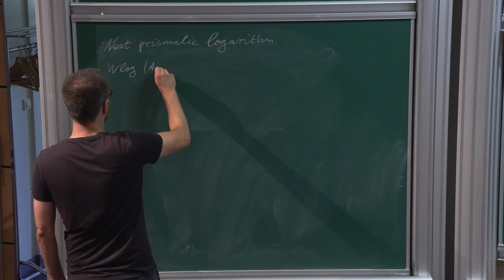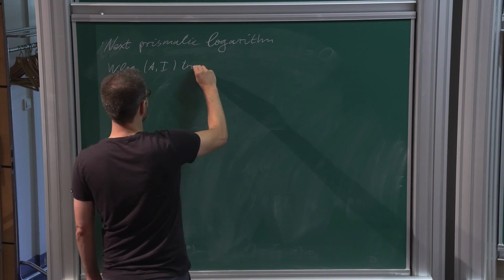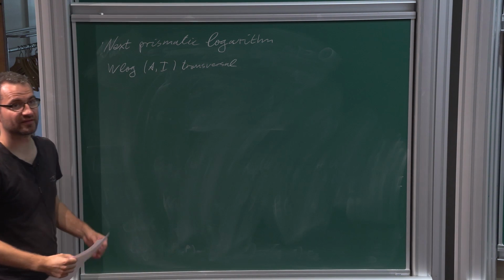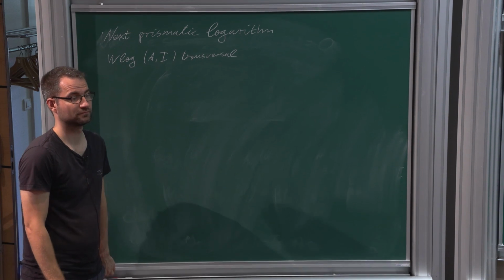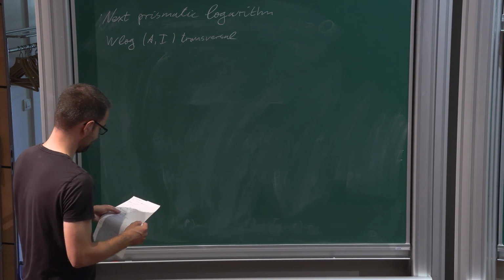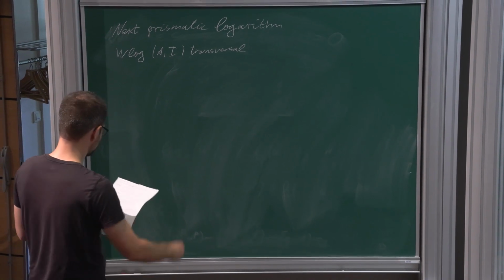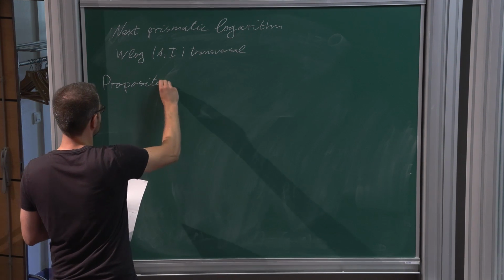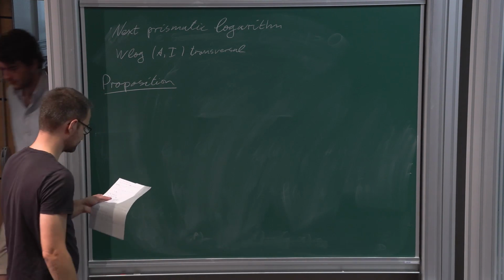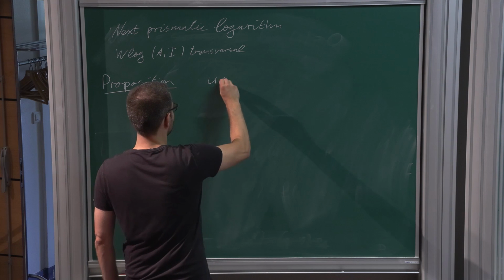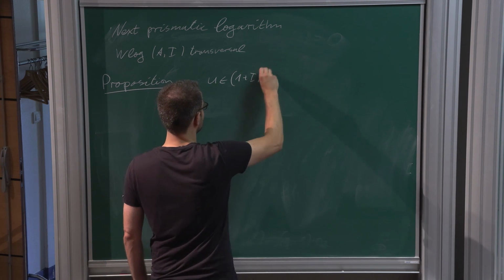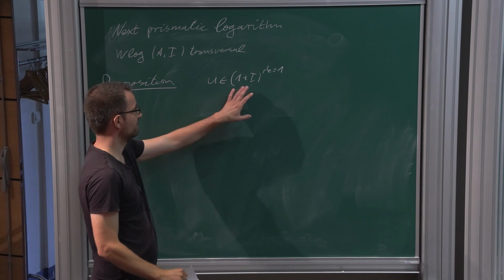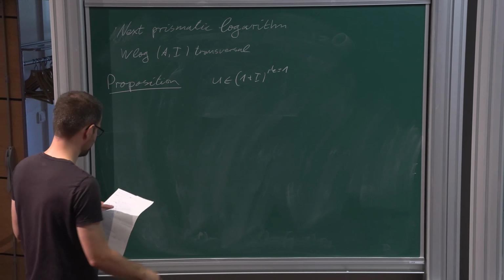Without loss of generality, one can assume that the prism is transversal, because the universal case is... and so we have, let's take some unit, which is rank 1, inside I plus 1 plus I, and then